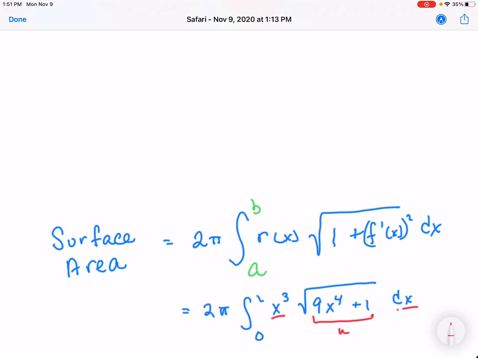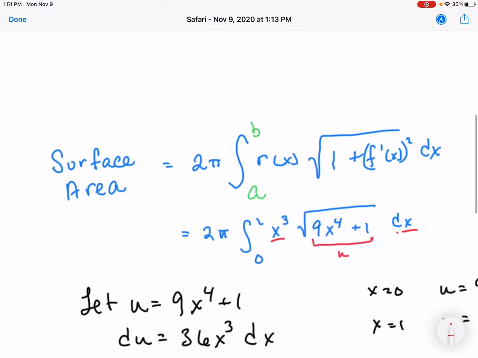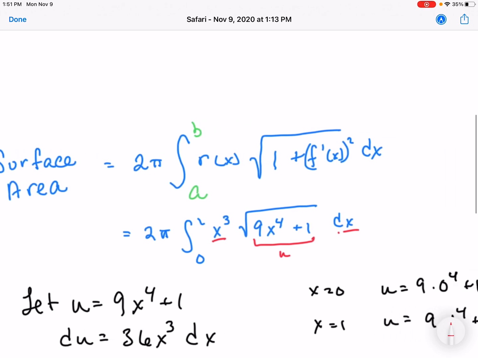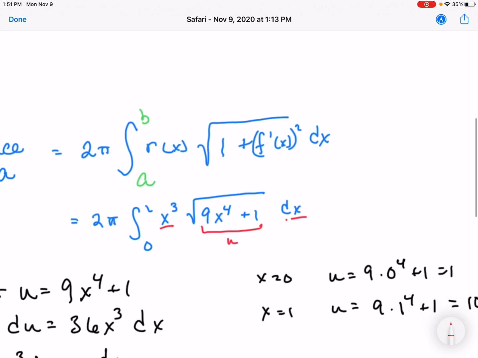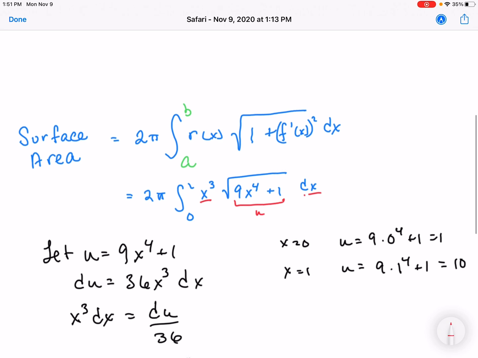So this leads us to think of u as equal to 9x to the 4th plus 1. If we make that substitution, where we let u equal 9x to the 4th plus 1, then du is 36x cubed dx. And when x is equal to 0, we get that u is equal to 1. Likewise, when x equals 1, u equals 10. Noting that we have an x cubed dx, we solve for it, and we get x cubed dx is equal to du over 36. Making this substitution,